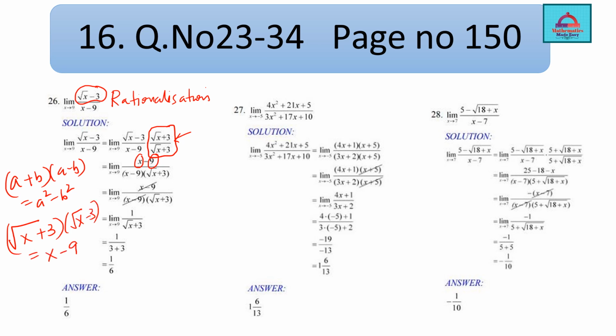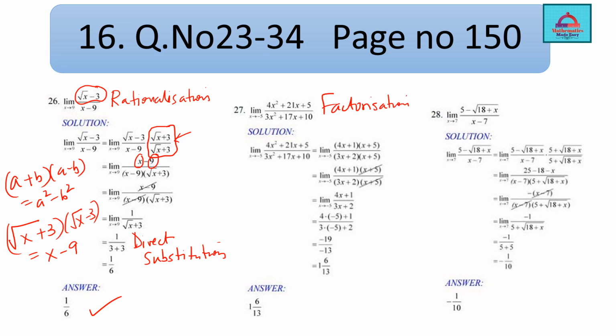So x minus 9 and x minus 9 get cancelled, and you're left with the limit as x approaches 9 of 1 over square root of x plus 3. Now you do direct substitution. Where there is x, put the value of 9, so you will get your answer as 1 by 6. Let's do question 27. Here we are going to use